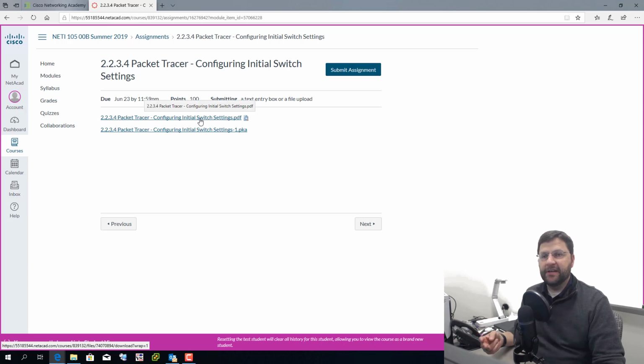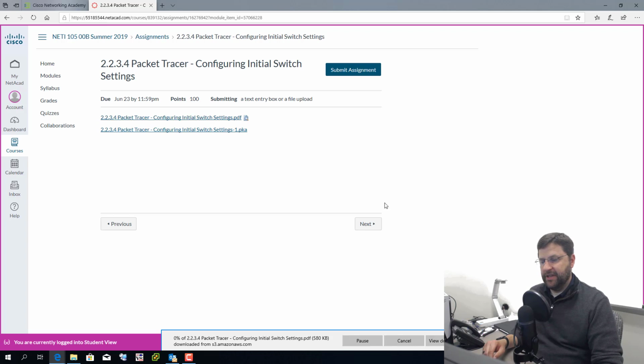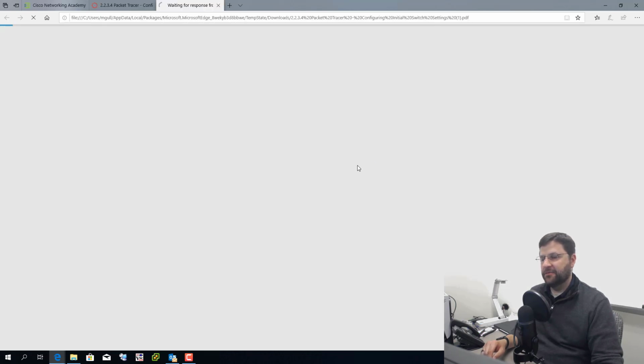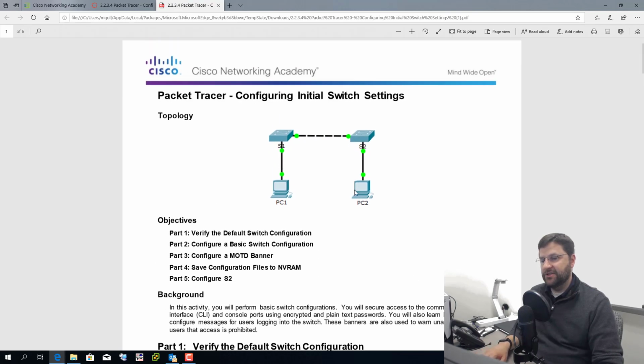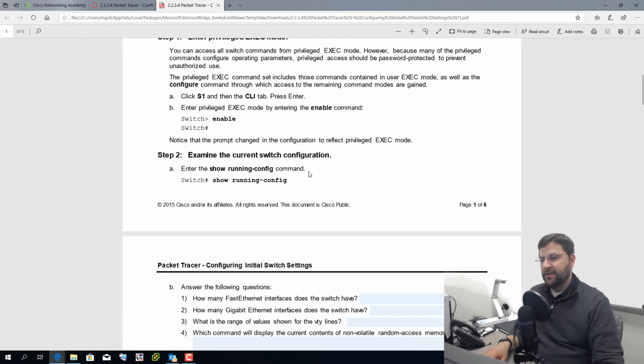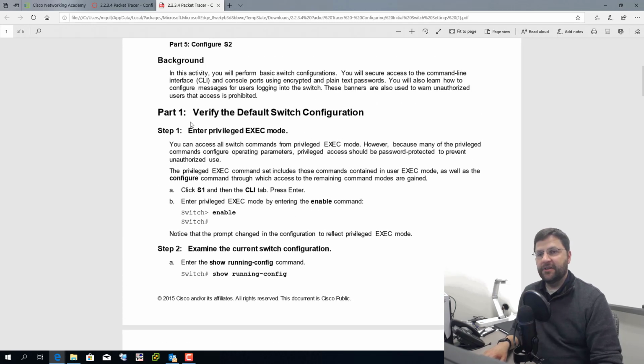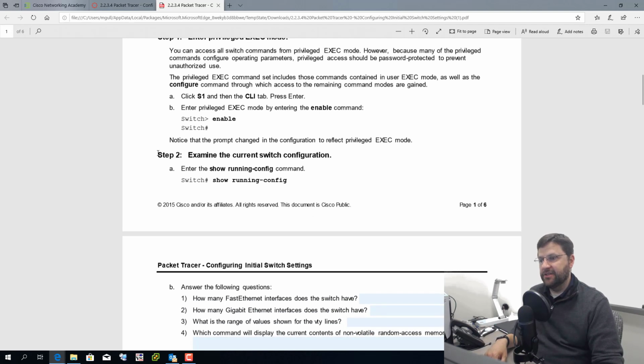So there are 2 files for Packet Tracers. One is a PDF file, and if I open that up, it should just be a fillable PDF. Fillable meaning I can type in my answers and save it, and you want to do that because that's how you're going to submit this. I can see here that I've got 2 switches and 2 PCs. To do this Packet Tracer, I'm going to follow the directions here, right? Most Packet Tracers, especially in the beginning, will tell you exactly what you need to do.